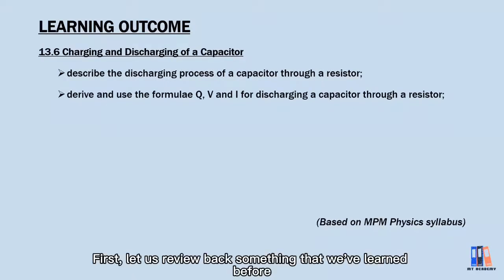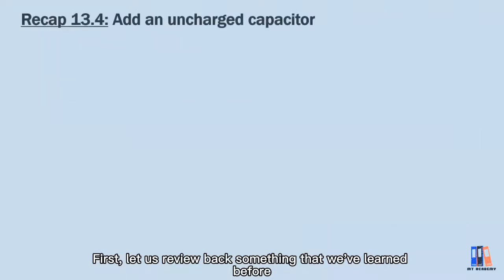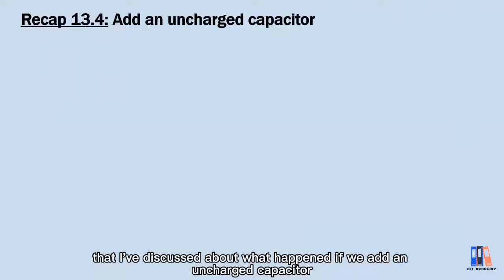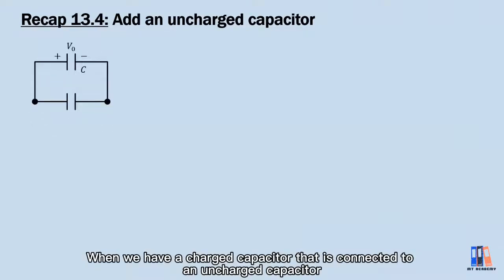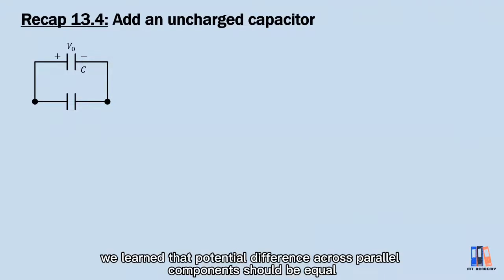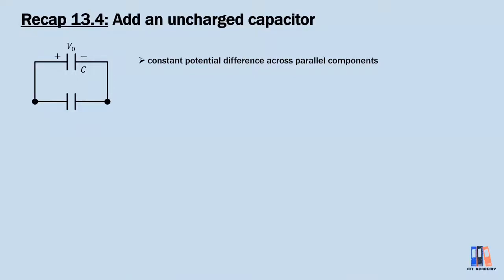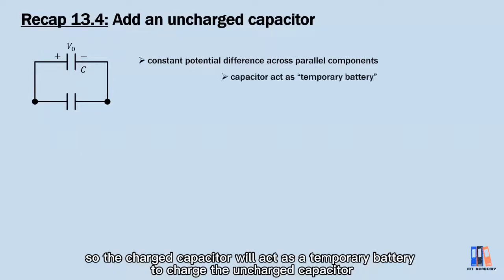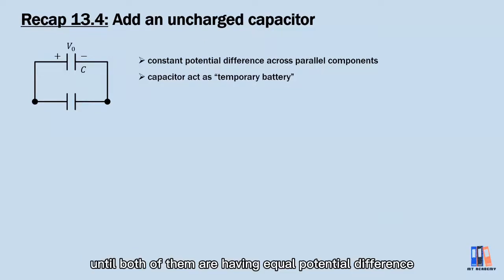First, let us review something that we have learned before, in chapter 13.4, where I discussed what happens if we add an uncharged capacitor. When we have a charged capacitor connected to an uncharged capacitor, the first thing we learned is that the potential difference across the parallel components should be equal. So they will perform charge redistribution. The charged capacitor will act as a temporary battery to charge the uncharged capacitor until both of them have